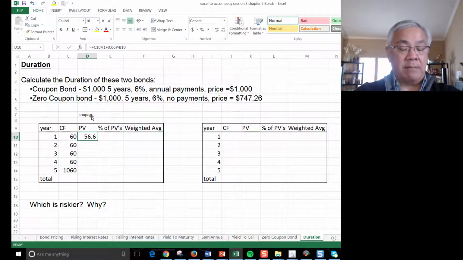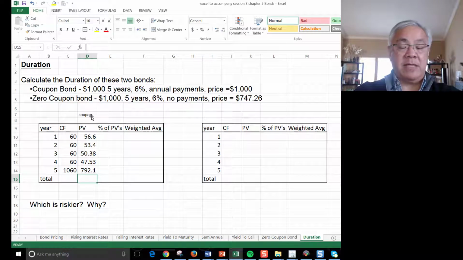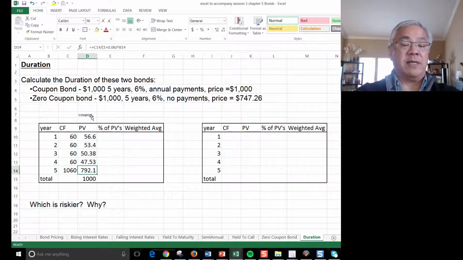And so we'll copy that all the way down. And just to check one of these, let's check the last one. It equals 1.06 raised to the power of 5. So that's good. So now we take the sum, and it's 1,000, which makes sense because we issued this at par, and so the sum should be equal to